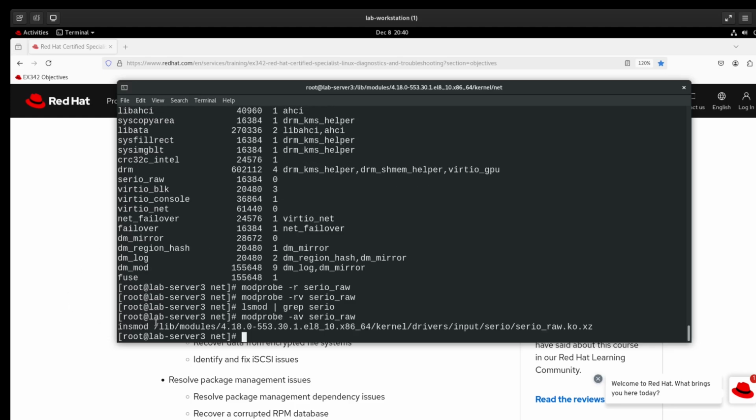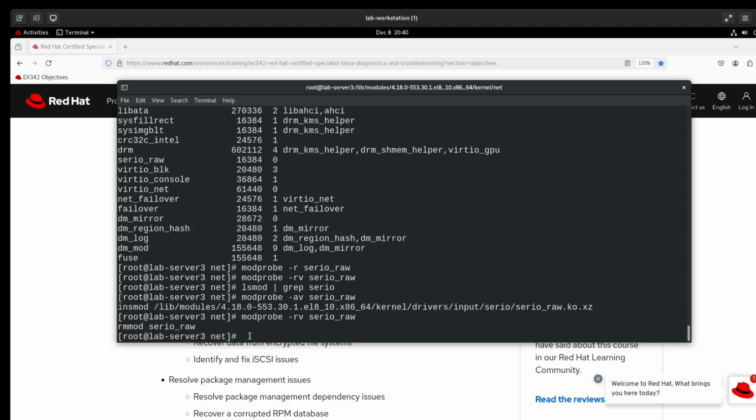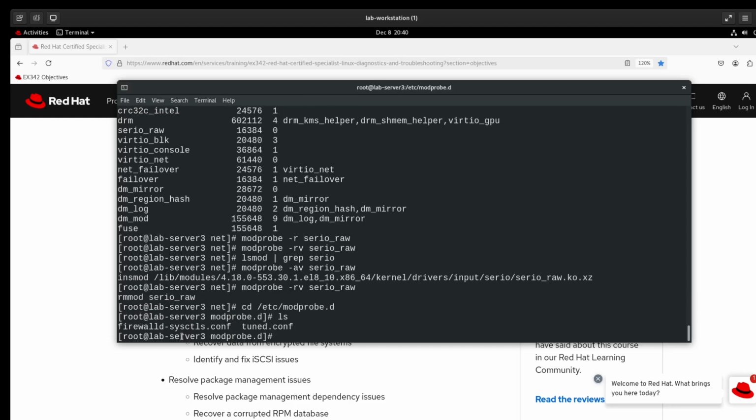And really what's happening is insmod is running to insert this module. And then if I were to remove it again and do the verbose output, it is using rmmod. Now, making changes or adding and removing kernel modules this way is not going to be persistent. If we want to make something persistent, what we have to do is go into /etc/modprobe.d, and here we